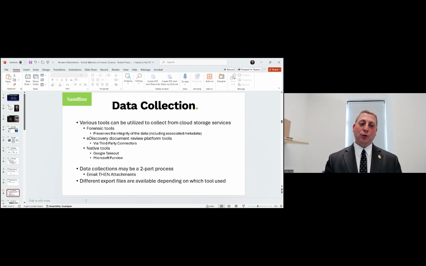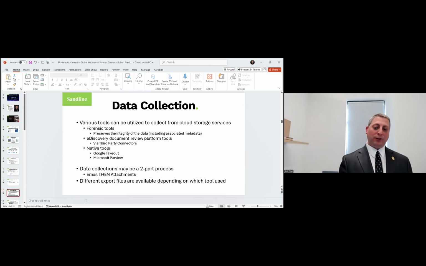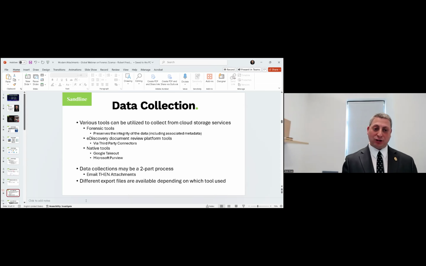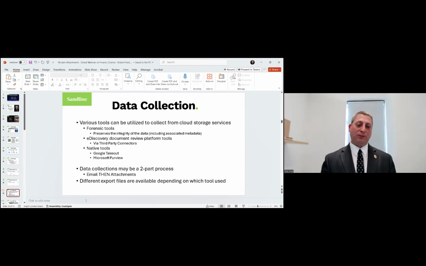And we also have some native tools. If you've ever used Google, Google has its own ability natively to allow you to export data. You can export your email, for example. You can export your Google Drive information using its Google Takeout functionality. Microsoft 365,